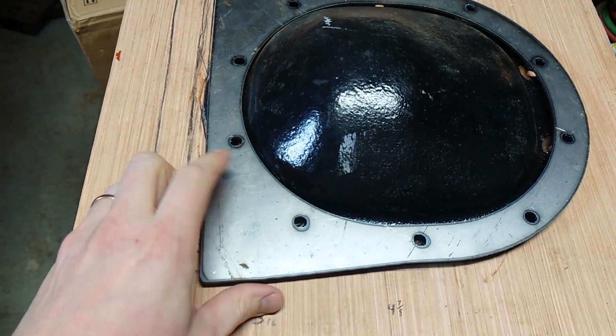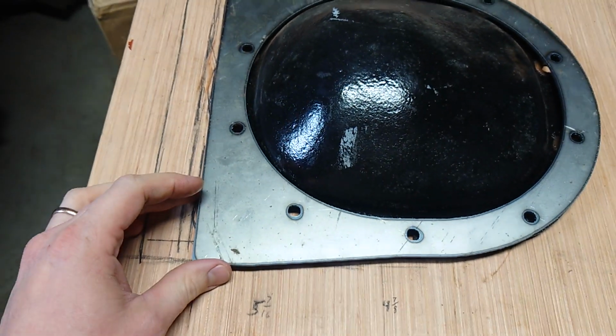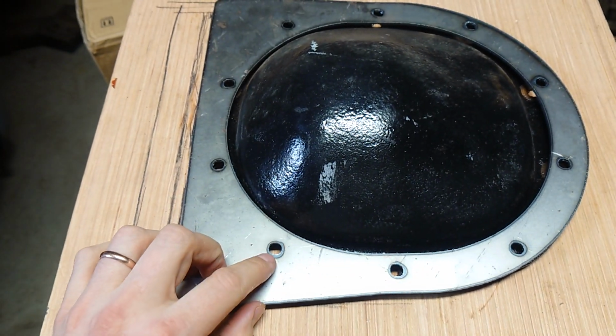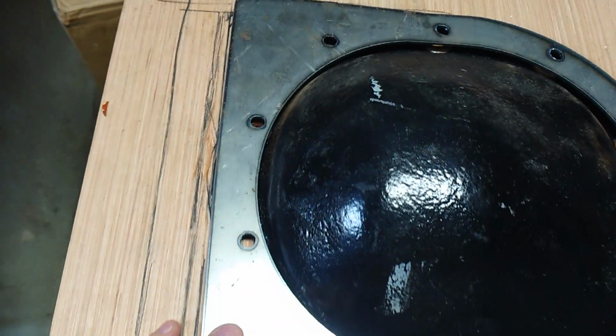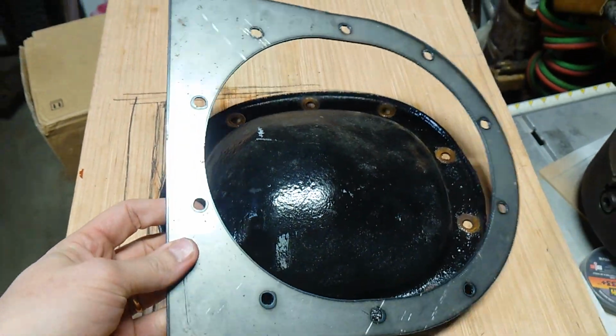And maybe I'll just use the plasma to center punch and I'll drill the holes. But we'll have to see how they come out, especially once we go up to 1/4 inch material. My understanding is a hole that is smaller than double the thickness of your material is basically impossible. So maybe I'll just use the plasma as the center punch and then I'll drill them out. But yep, so there's a little progress update for everybody, and